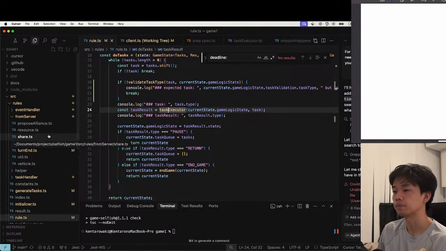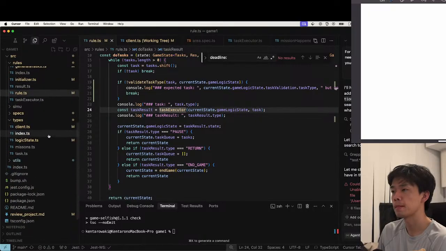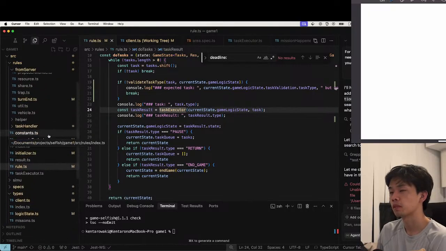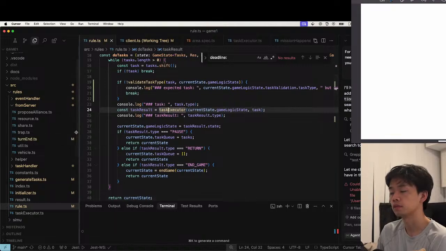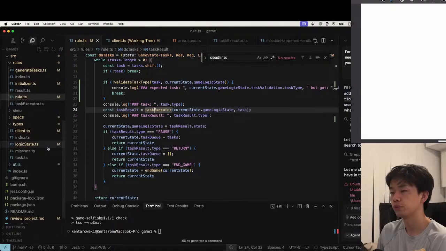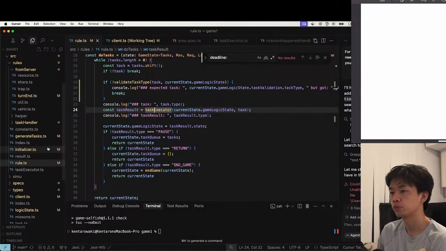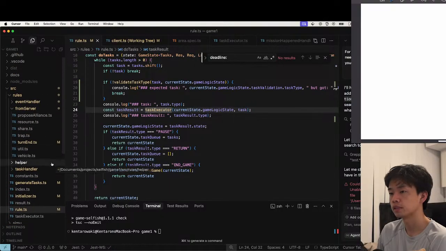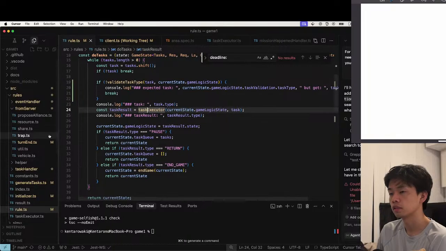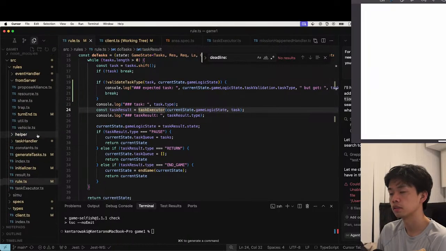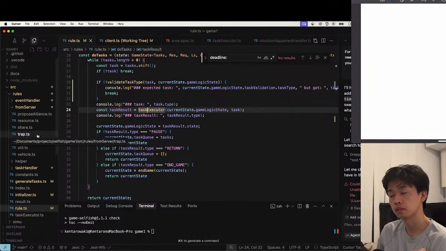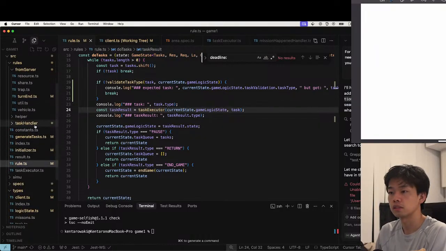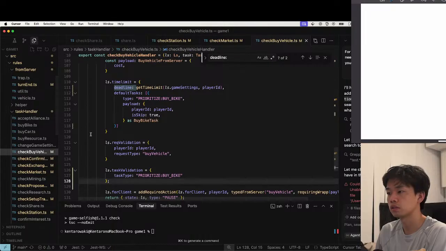I see. So I need to add a new process. Let's undo the task validation. Undo the task validation goes